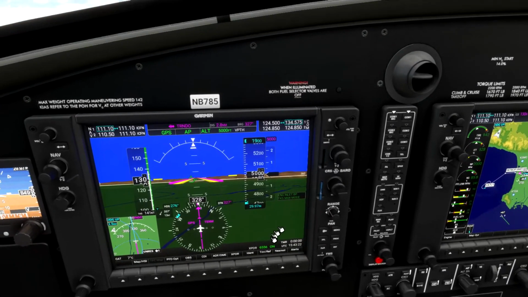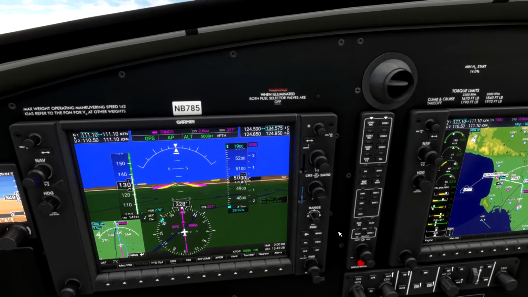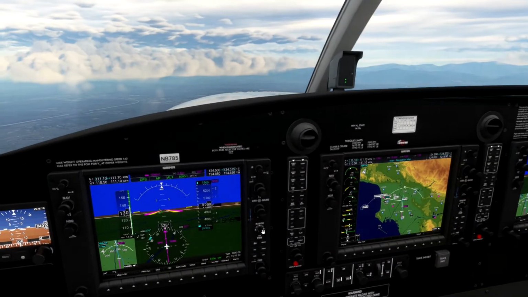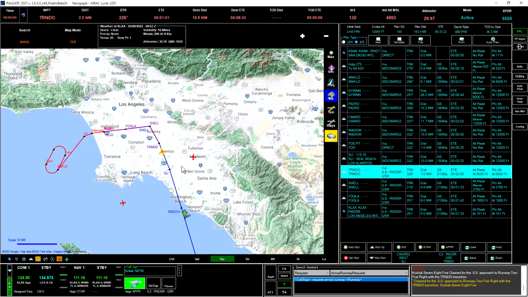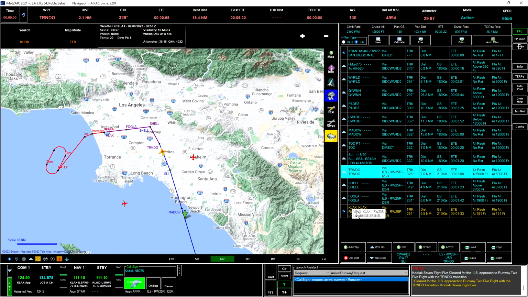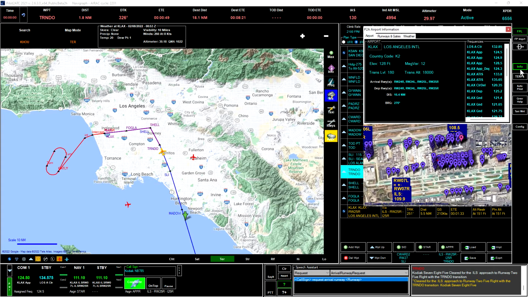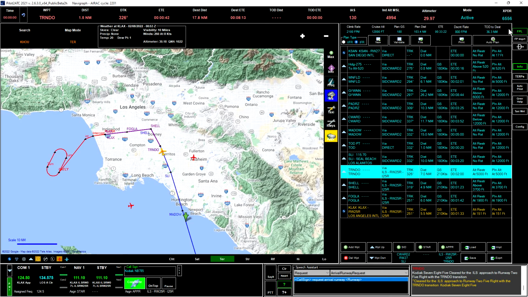Let's make sure that we have the right frequency for the ILS. I think we can get that in Pilot2ATC. Let's see if we can find that. That doesn't show our frequencies for ILS. Let's use our TERPs